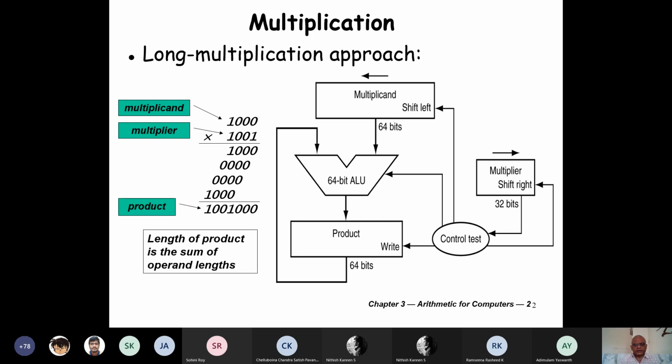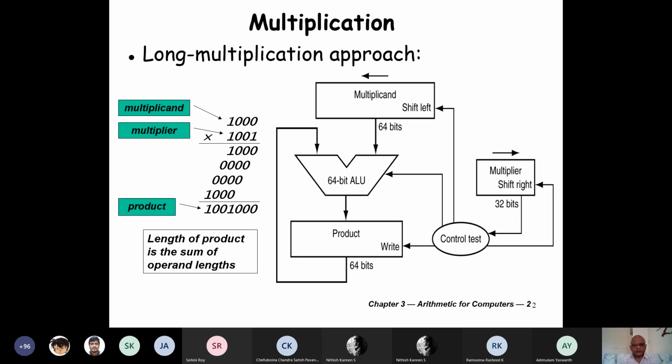And we find that it is 0, and we left shift the multiplicand. And if it is 0, we don't add anything, it's just zeros. And next step, we again right shift the multiplier and observe the number here. If it is 0, we don't add, and also each time we left shift the multiplicand. And then we again right shift the multiplier and observe what is the least significant bit. And by this time the multiplicand has been shifted.